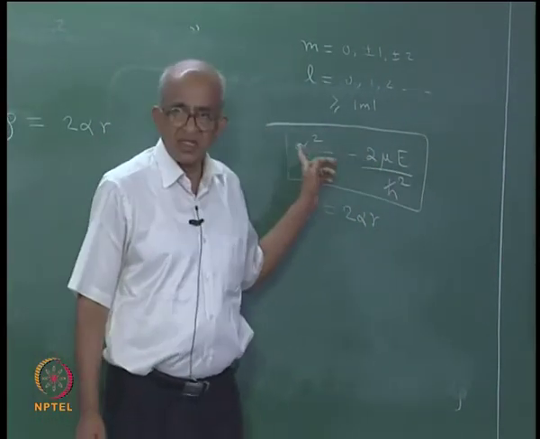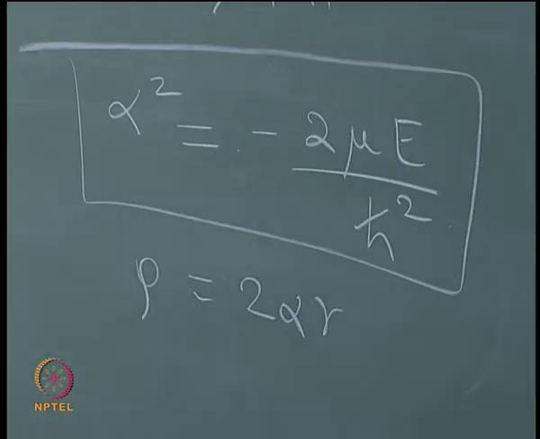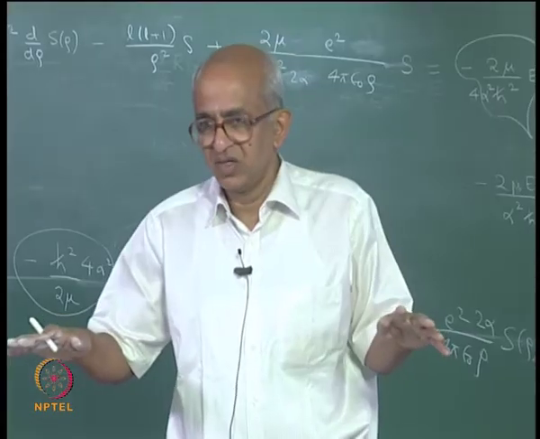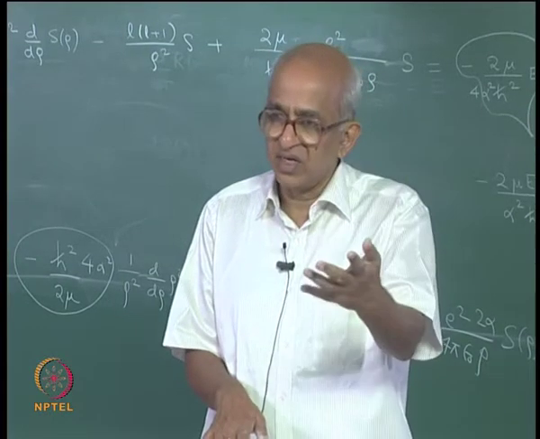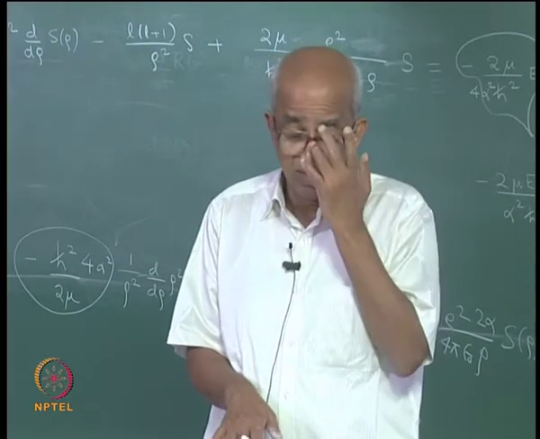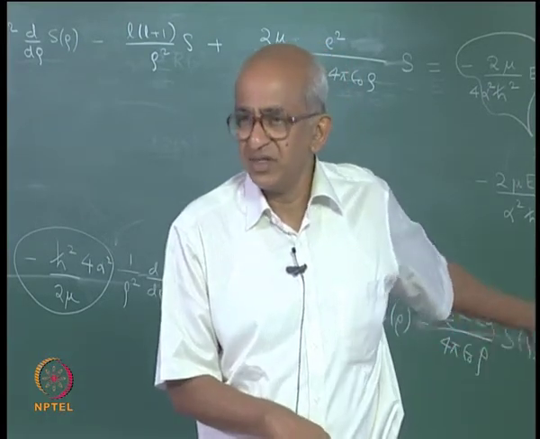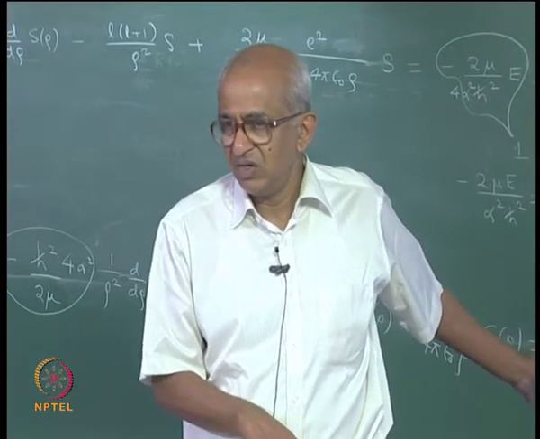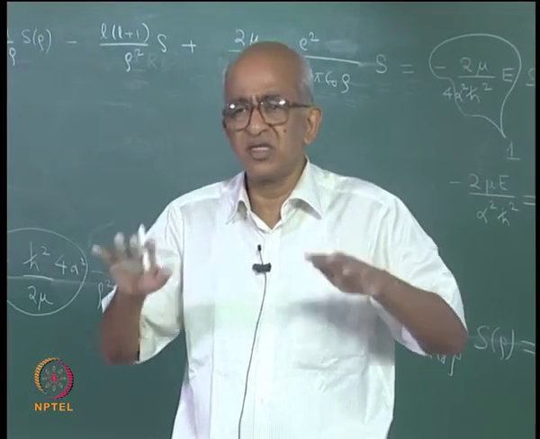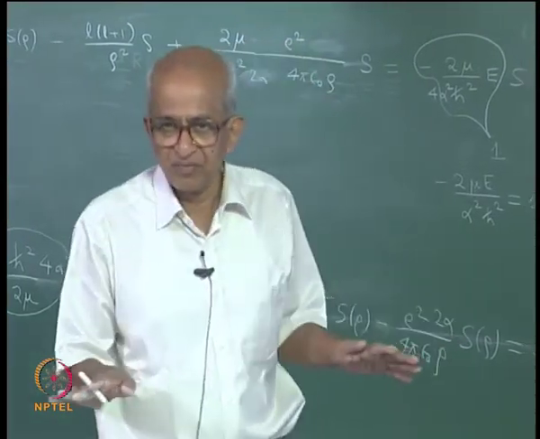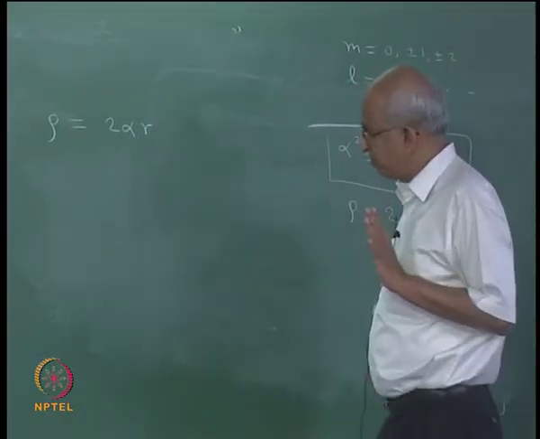So, if E is negative, everything is fine, alpha is real, but this also implies that I am only looking at the bound states of the system, states for which the total energy is less than 0. If you are looking at states which have E greater than 0, then you may perhaps have to modify this treatment. Okay. So, we are putting the condition that let us look at only solutions whose energy is negative, and then alpha is guaranteed to be real, and I would not have any problem.